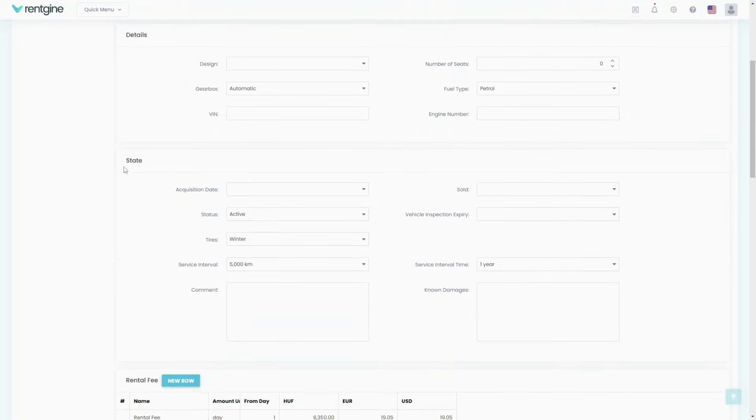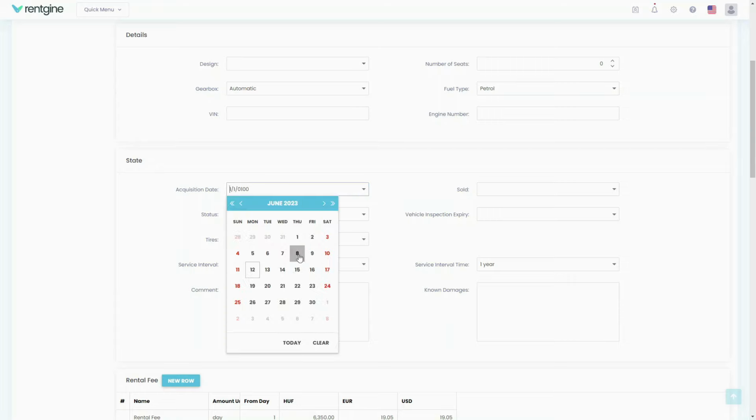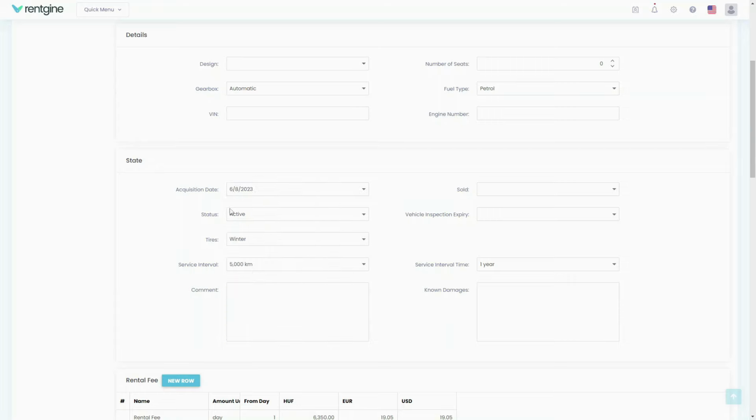The State section allows you to elaborate on the condition of the vehicle. Feel free to fill out the acquisition date, status, indicating whether the vehicle is active in your fleet, tires, service interval, where Rentgine will alert you when the vehicle approaches this limit, and comment fields. In the adjacent column, you will find fields for the time of selling to indicate if you sold this vehicle,